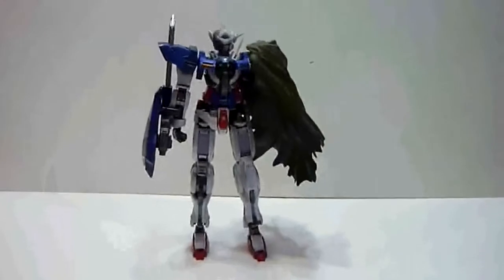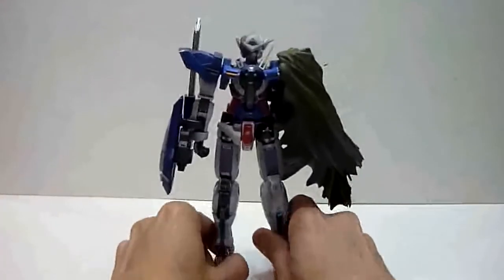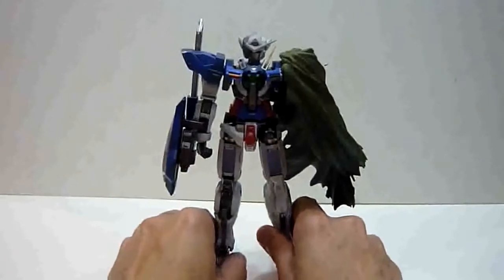I'm just going to shift the camera down a little bit. So this is the Gundam Exia Repair. Just a note, I'm right now in the middle of 3